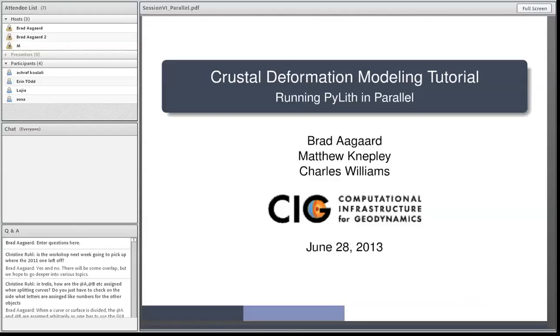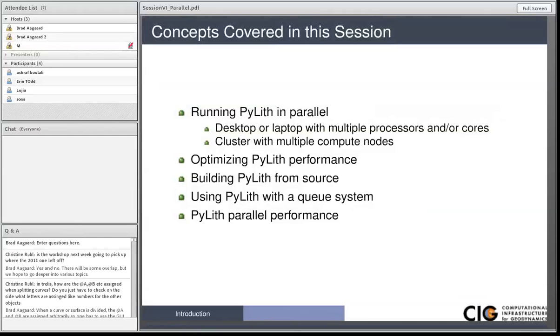And so this will be less technical, certainly, than the solver discussion, and less technical than most of the other sessions. We're going to go over some slides, and then I'm going to show you running in parallel on both my laptop as well as a cluster. And so let's jump right in and look at how we run PyLith in parallel and some issues related to